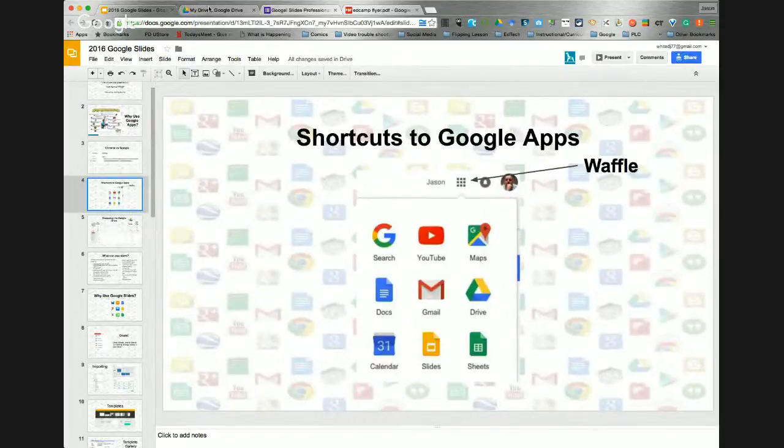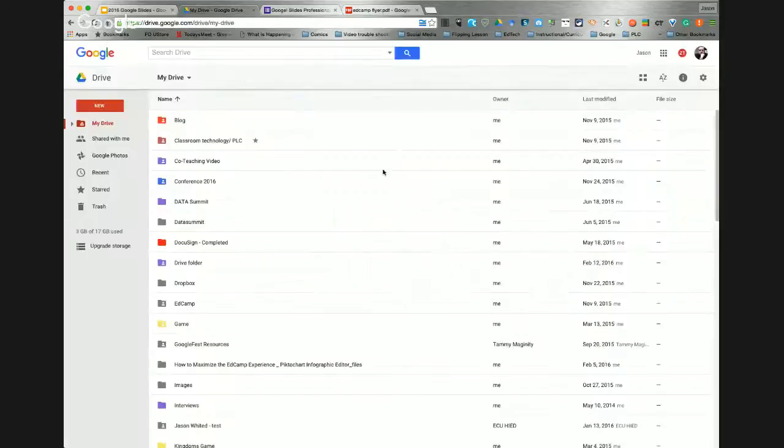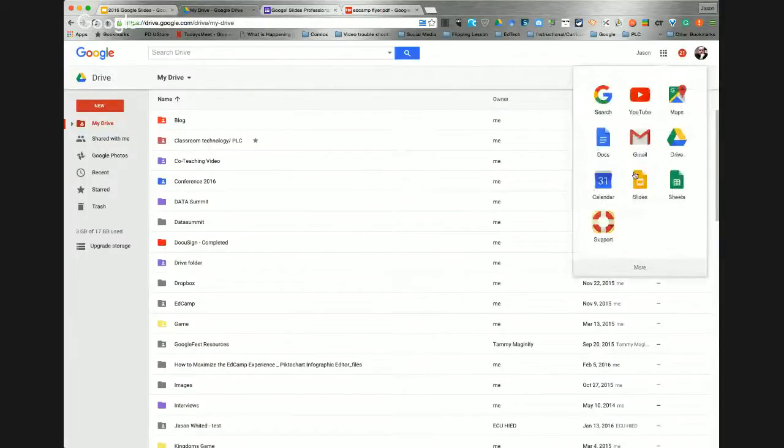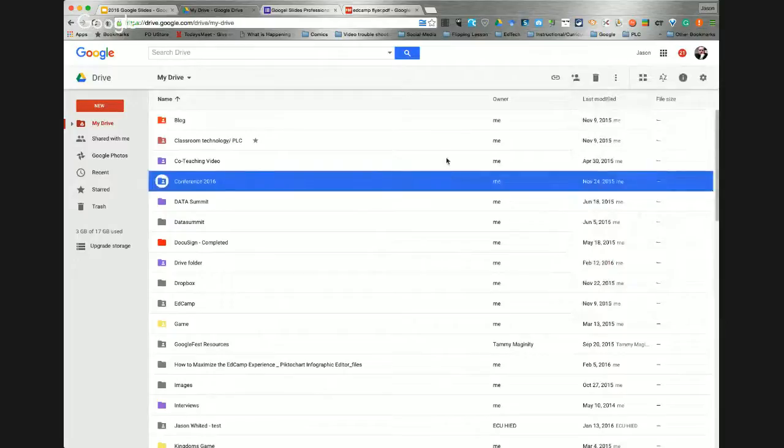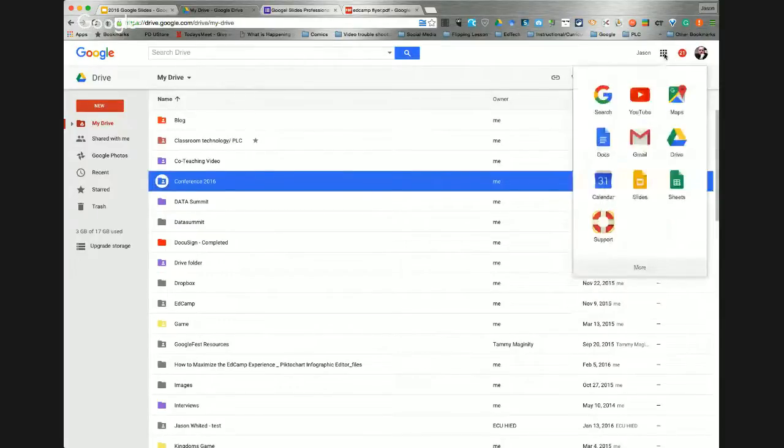And when you're in your Google Drive, over here, you see up here, which is called the waffle, and you click on here, and you can get to your Gmail, your documents, your slides, sheets, and some other different options. It's one way to get to it. And it's a quick, handy way to maneuver around some of the Google